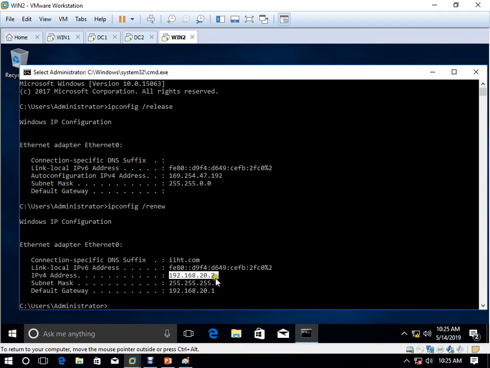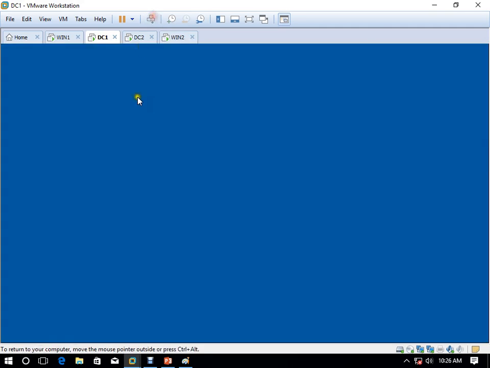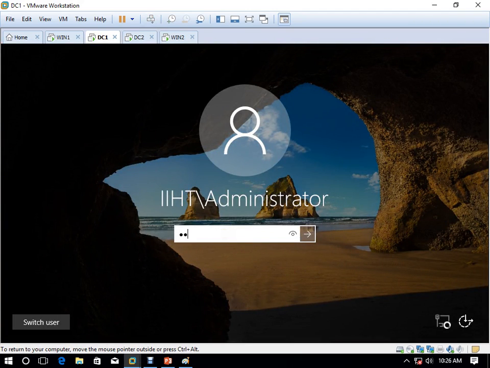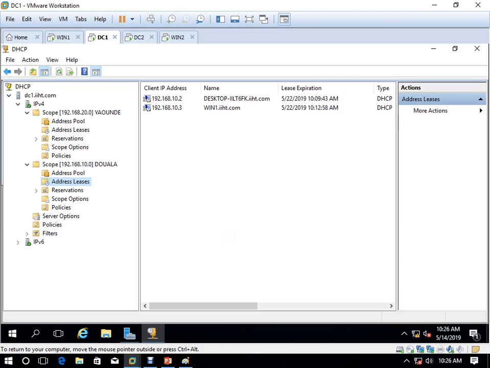They are receiving from the range of 20, not 10, because they belong to a different domain, and that domain is 20.2. If you come on DC1 and go to this 20.2 address lease, see, window 2 is getting its IP from here.